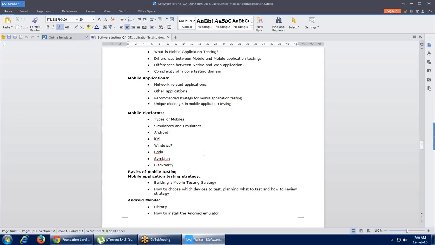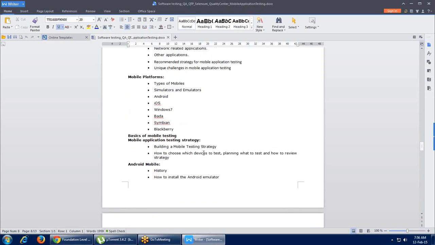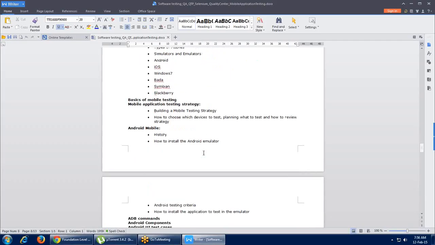What kind of applications are on mobile? A few companies have games, and a few companies work purely on a product base or a concept base. So there are a variety of domains in mobile applications, as well as the platforms, that is Android, iPhone, Samba, and all those. So we'll see what the mobile emulators and the platforms are on which we have to start doing the testing. What are the Android device emulators, and how can we configure them, their types.